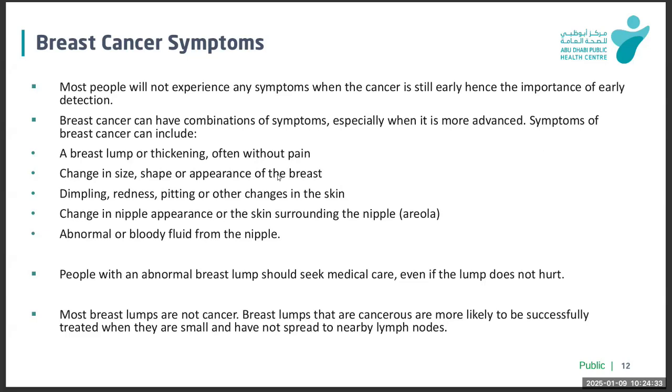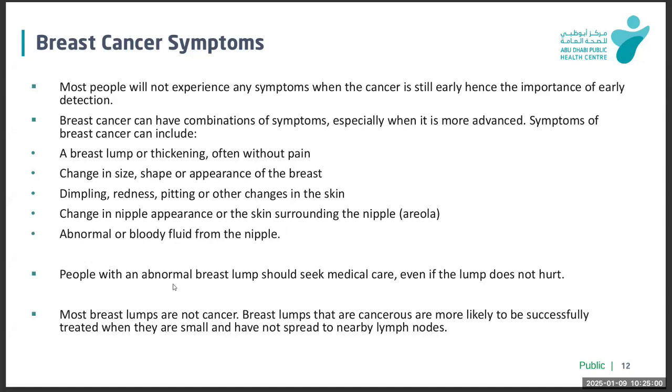Change in shape, size, or appearance of the breast, dimpling, redness, pitting, or other changes in the skin. These are the basic signs and symptoms I already explained in the previous picture. Change in nipple appearance or the skin around the nipple or areola, which is the pigmented area around the nipple. Abnormal or bloody fluid from the nipple. This is also a red flag sign in females who are beyond reproductive age,